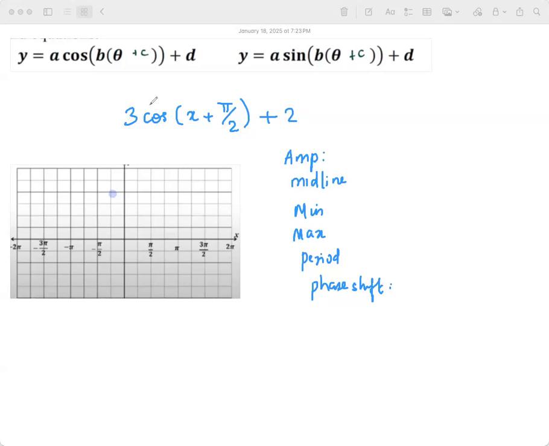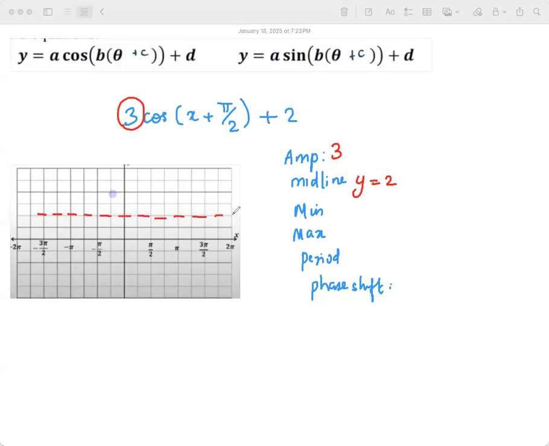So amplitude, you want me to go ahead and do? I will go ahead and do. Bhuvanesh, can you tell me what is the amplitude? 3. What is the midline? 2. How do you know? Midline is y equal to 2. It's an equation, right? So y equal to 2 is the midline, means first I will draw this, and the